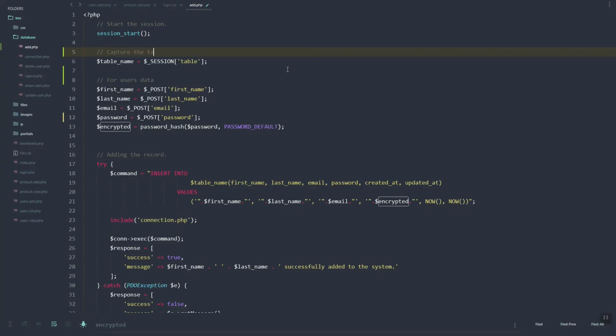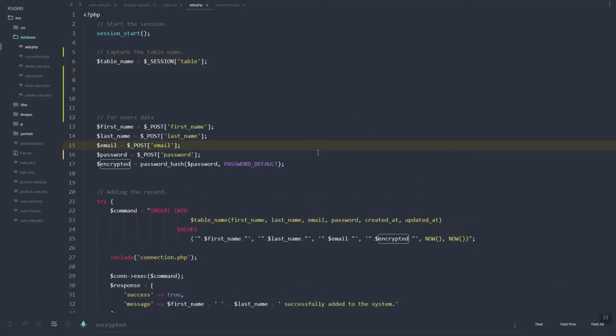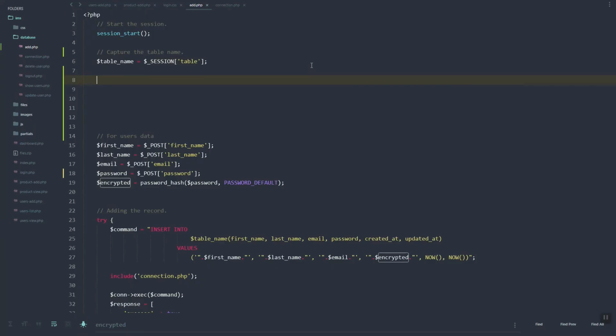Capture the table name, so now let's try to make it dynamic. So I decided we create a table or an array for this one. So instead of our